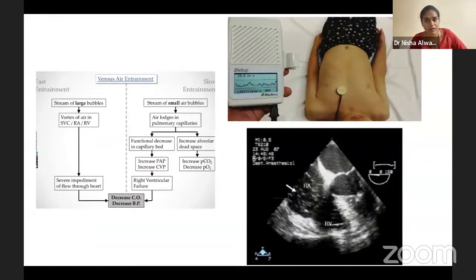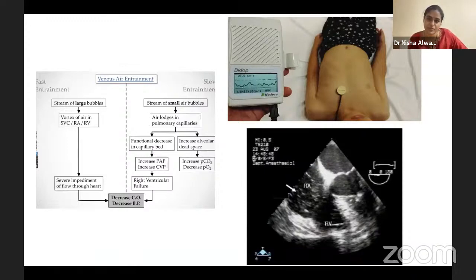So this is a precordial Doppler. There is a small controversy about where it has to be applied. Some say apply on the right side, some apply over here, that is at the 3rd, 4th intercostal space. Then they do a small test. We give a small agitated saline and check, and it picks up the noise of the air which passes through the right atrium.